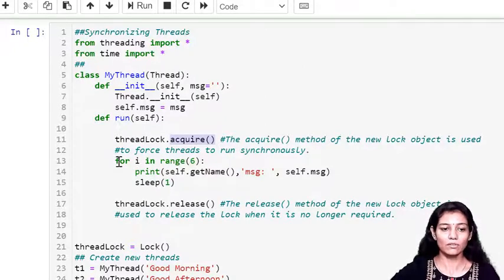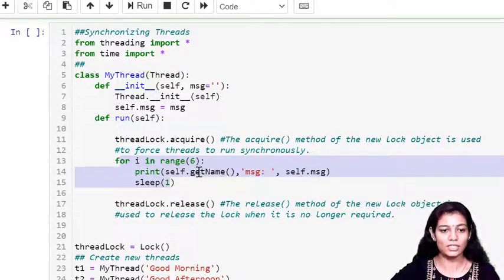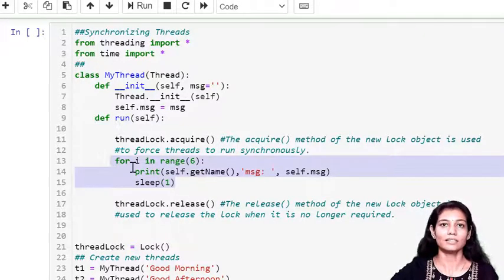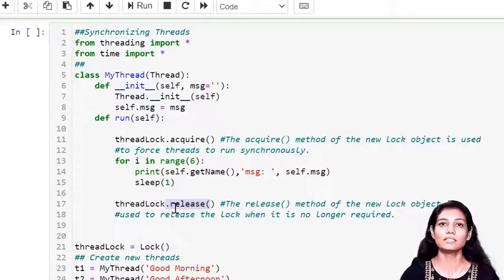It will execute these iterations, and in the iteration I am just passing the message so that I can come to know the name of the thread, and this is the message which I am trying to pass. In between I am going for a 1 second sleep. After the completion of this critical section, this critical code, I want to release the lock because I now want parallelism.